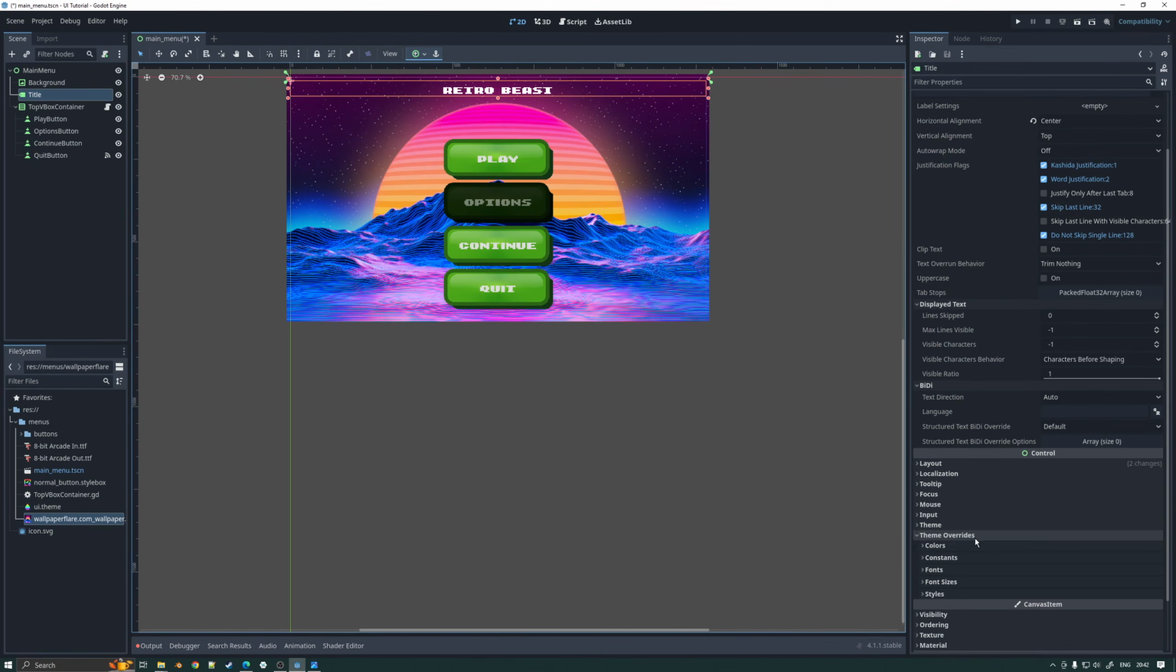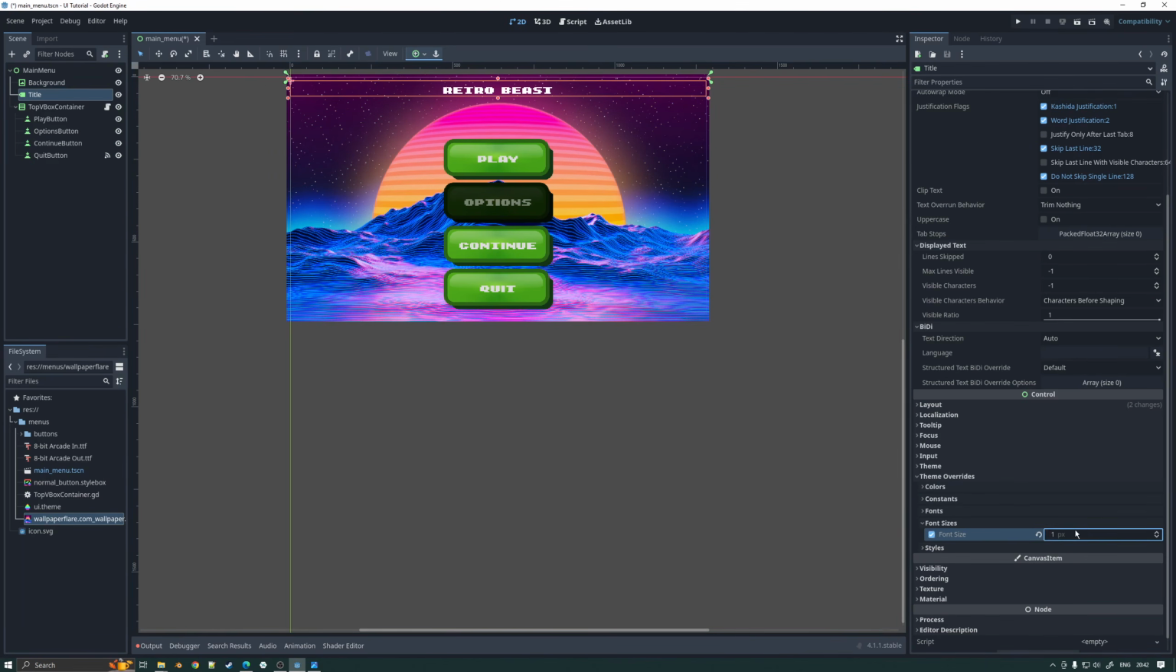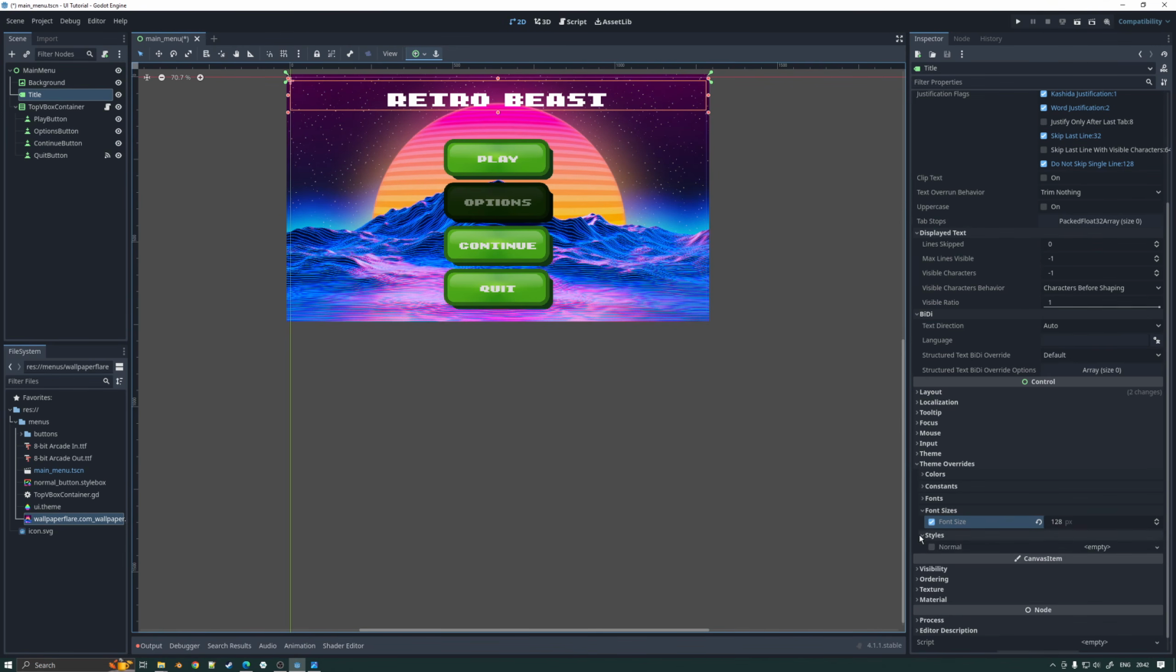So it's theme overrides, and there we go. Theme overrides is there now, and font sizes. We want to change that to that, and then we'll make this nice and big. 64. No, 64 is what it is already. 128. Much better. Retro Beast, and we can do some stuff as well. We can actually add some